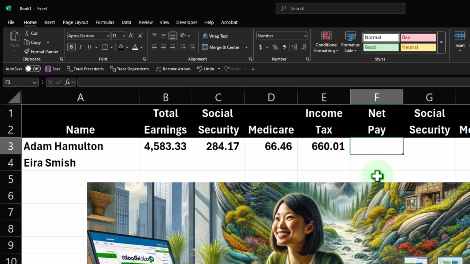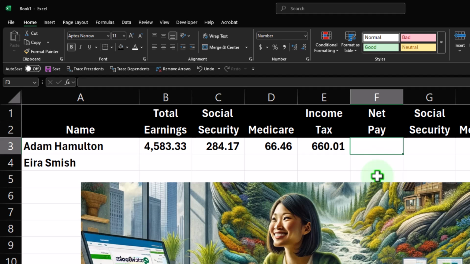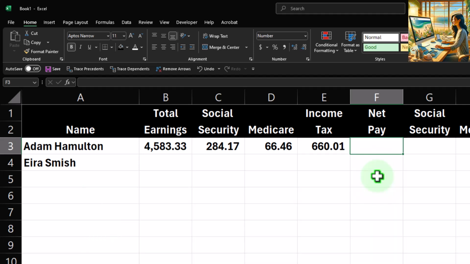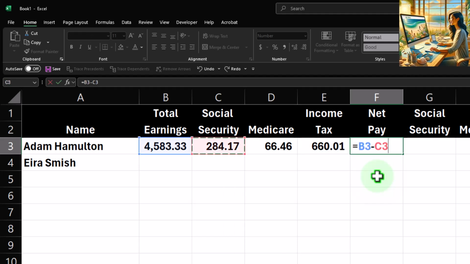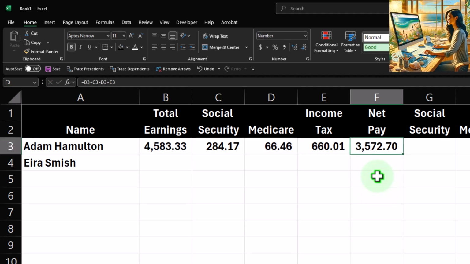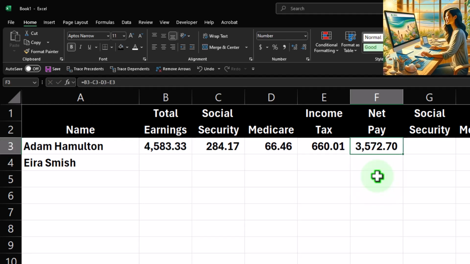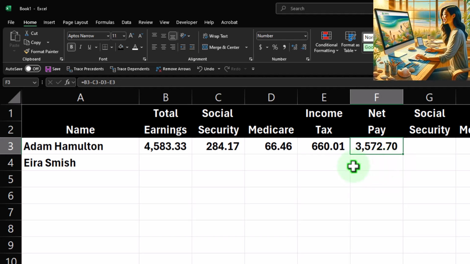So it's involuntary, which the government tries to say, well, it's a good thing we're forcing, but if it's involuntary, I don't think it's a good thing. But anyway, the net pay is going to be the total earnings minus the Social Security, minus the Medicare, minus the income tax. That gives us the net pay. So they're going to get then $3,572.70, even though they earned